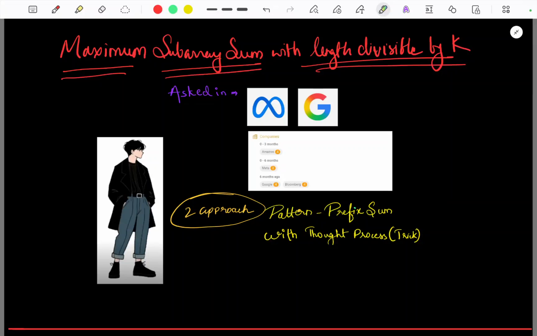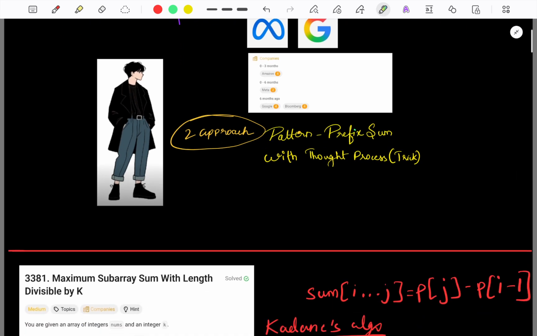Yeah, hi guys. So today we are going to solve maximum subarray sum with length divisible by k. It is a very important question because not only has it been asked at big tech companies, but it also helps in evolving the logic that we already have for prefix sum. It introduces an edge case, and that edge case honestly was a little bit tough to understand. Also, the question statement was not making it very easy. My goal is basically to explain the thought process, so if any similar question comes you will be able to solve it. Okay, without wasting more time,